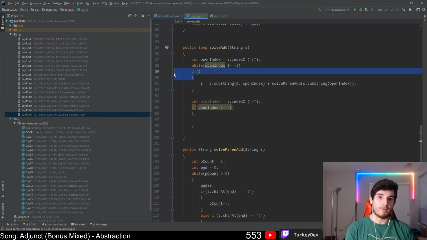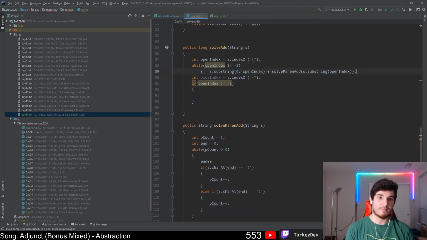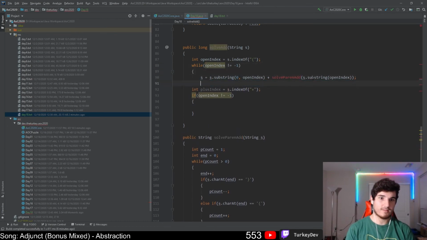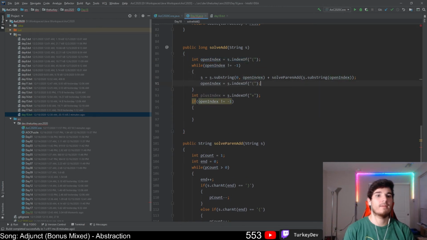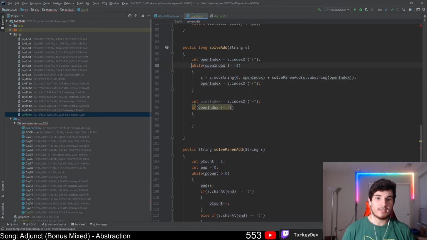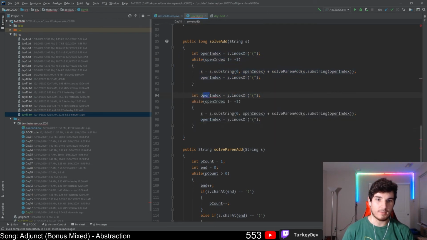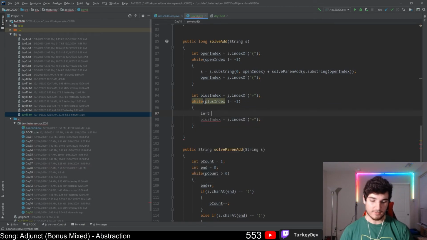We want to solve all of the parentheses first. Okay, and then we're gonna do the exact same thing just for addition here. So this is gonna be the plus index. We have the index of the plus, so we're technically going from left to right. So what we need to do is left is going to equal